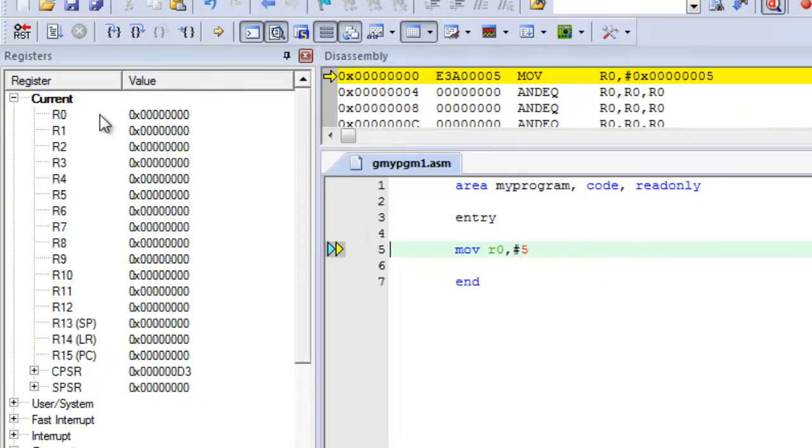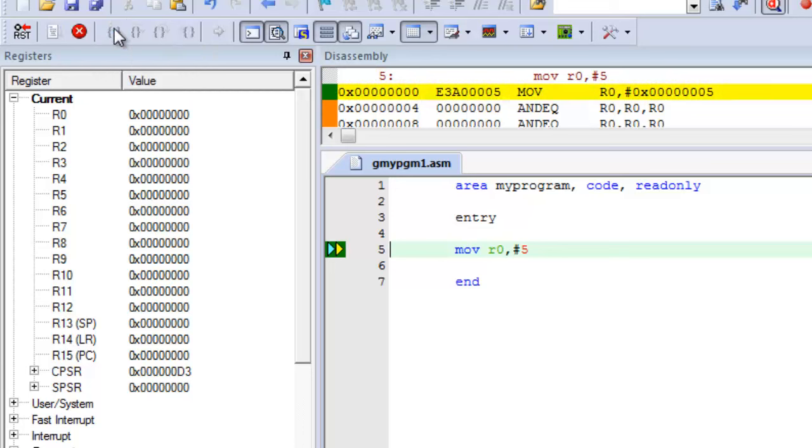Now when I do a stepwise execution, in 8051 you would have clearly seen the value appearing here immediately as I proceed through the steps. Yes, but unfortunately here in ARM you will be able to see the result only when I stop the execution.